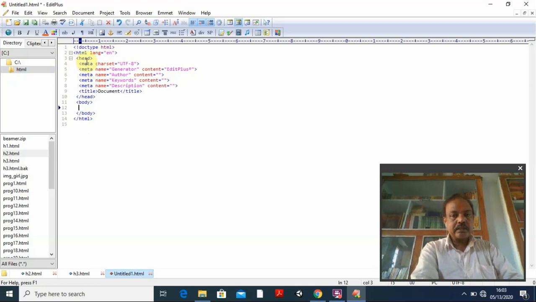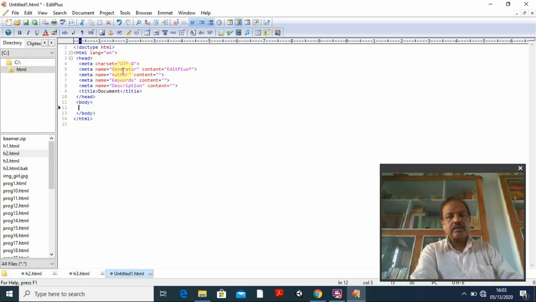Then I start the head and close the head here. Under the head you can have the title, or other things also. Here the title is some document title, and here meta charset equal to utf-8. This is the character set we are using, Universal Transformation Format, 8-bit.